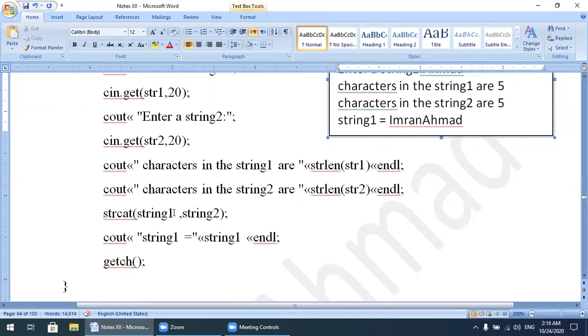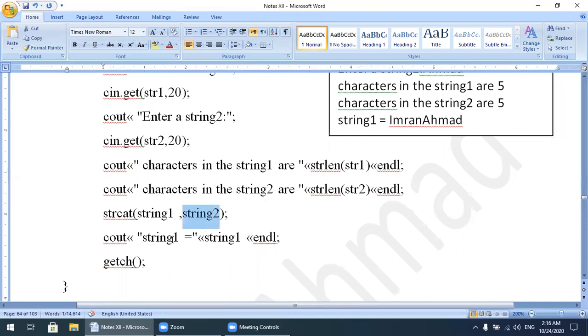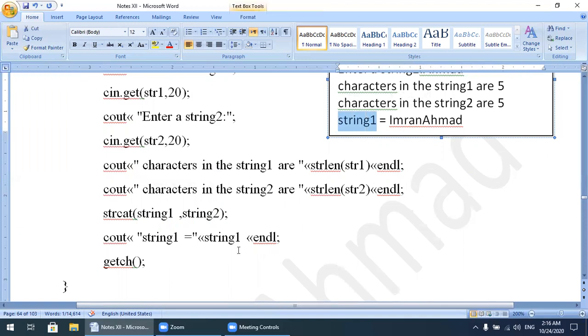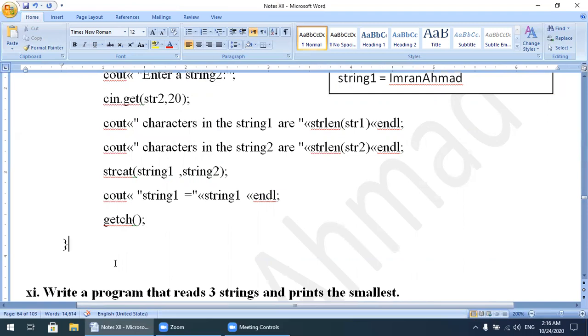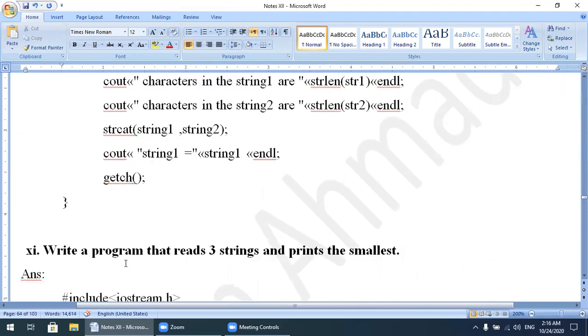String 1 has the value Imran and string 2 has the value Ahmed, so now string 1 has Imran Ahmed in full. So cout string 1, watch here, string 1. Its value should be like this, Imran Ahmed without any space. So this will be the answer. And then getch and termination of the main function.